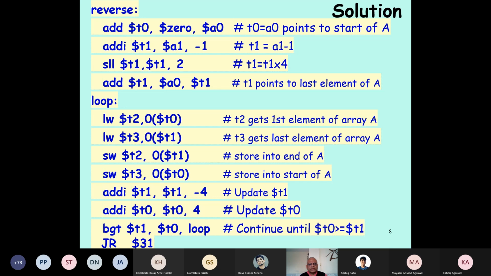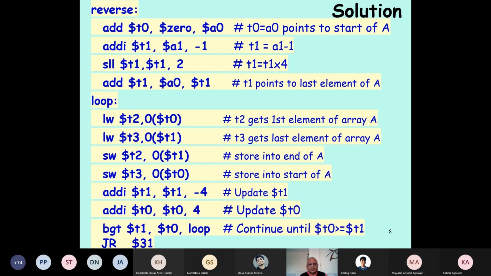Now the only work that remains is to increment the start address and decrement the last address. But remember here that we need to increment by 4 because each element occupies 4 bytes.